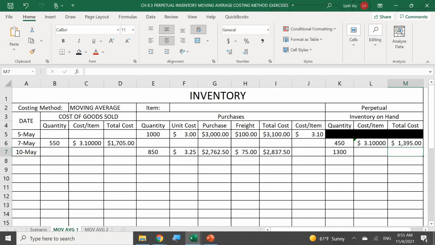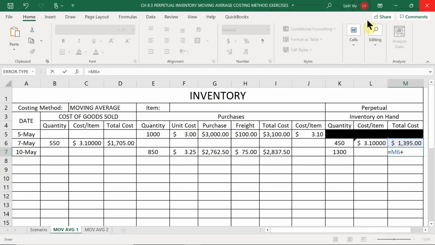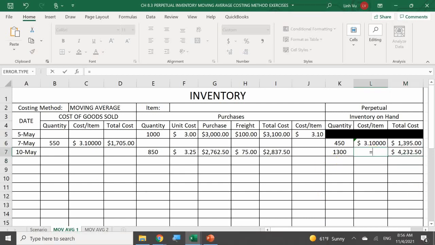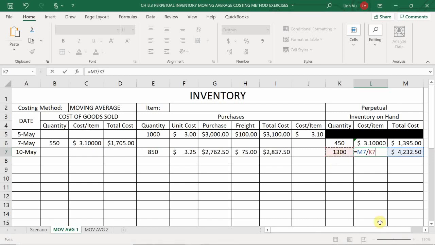Okay. I'm also going to do that with my total cost, which is $1,395 plus my $2,837.50 to get me a grand new total cost of $4,232.50. And once again, I have my new average cost, which is my $4,232.50 divided by my total new quantity of 1,300 to give me an average cost of